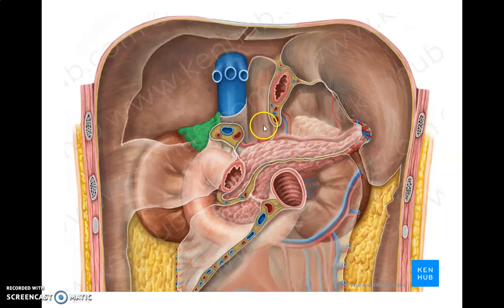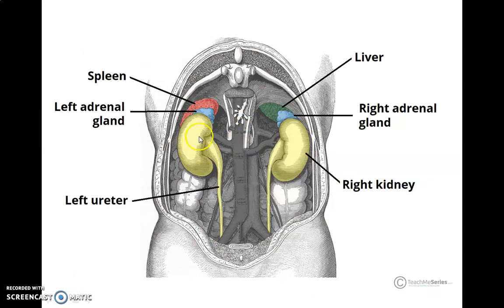Medially we can see this is the diaphragm, right crus and the left crus. From the posterior surface we can see this is the left suprarenal gland, this is the right suprarenal gland. We can see from the posterior side how the upper end of the left suprarenal gland is related to the spleen, here shown. Here it is related to the liver, right suprarenal gland, it is shown, and how the medial border of each suprarenal gland is related to the celiac ganglion and the right and left crus of diaphragm, it is shown over here.